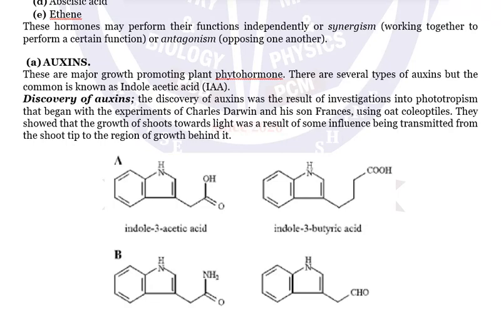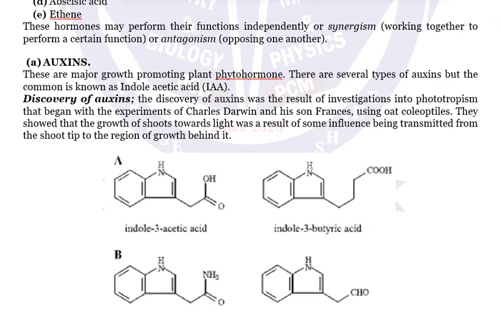As I told you, for every phytohormone you need to know first the basics of that phytohormone, then the discovery, how the scientists did the experiments, or what factors led them to discover that phytohormone. Later you need to know its synthesis and distribution, and after that the roles of that phytohormone in the plant. Finally, you need to know its commercial application. How is it used industrially or commercially?